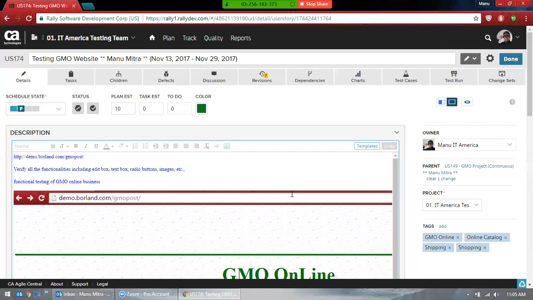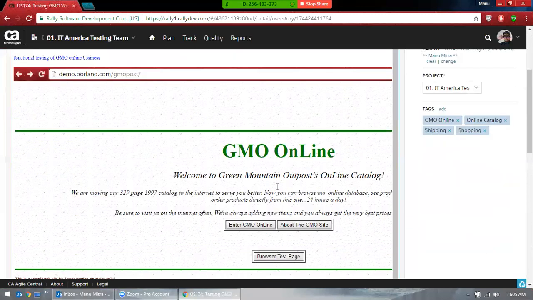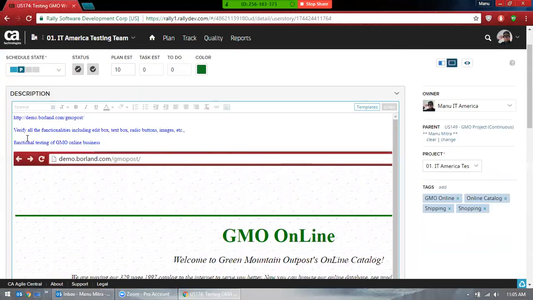Okay, so here, let's say this is the user story. That means this is the URL, verify all the functionality, including text. Now, I made it simple, just a one line statement, do all functional testing, that's fine. But really, normally this is not the scenario. This will not be simple. It would be a paragraph, and there might not be a screenshot. And the way that they design it, because there are a lot of people working, right?